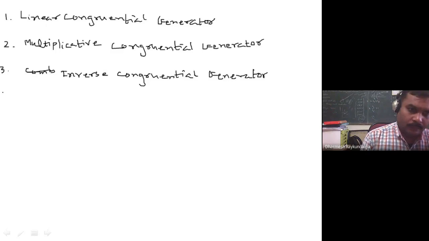And then if you are generating more than one stream, and you wish to combine all the generators, then the method is the combined generator.